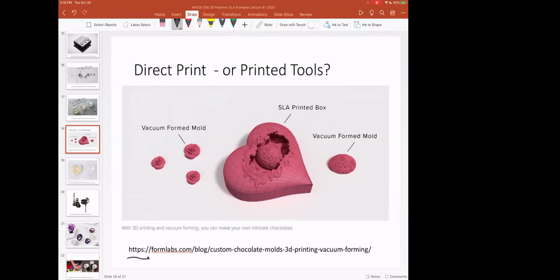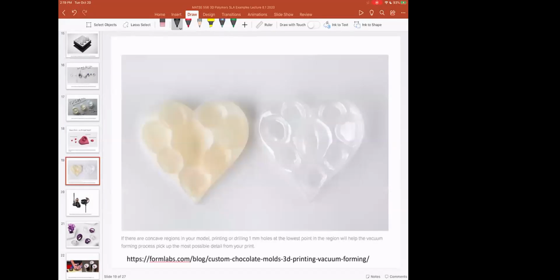And you know, this is a Valentine's Day themed picture right here, but you all know that Halloween is coming up, and so we're all going to be at home eating our candy instead of going out this year. But Hershey has started to use this process now, not to additively manufacture the chocolate, but to additively manufacture custom molds for casting chocolate. So that's very interesting, is that you make an SLA tool,